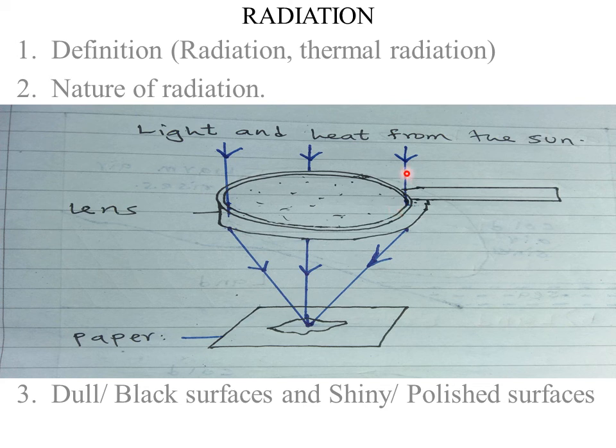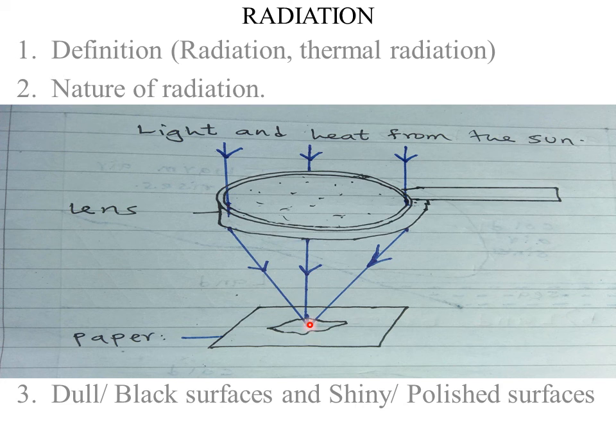That is, you take maybe, like for this case, we have rays coming from different directions from the sun, but they are being focused to one point. This ray is being focused this way, this other ray is being focused this way, this other ray is being focused centrally. So as you can see here, all the rays are being focused at one point. So when the electromagnetic radiations from the sun are focused at one point, they cause a heating effect. Here it is observed that the paper actually gets burned at the point where the rays are being focused. So this proves that heat radiation or electromagnetic radiation can cause a heating effect.